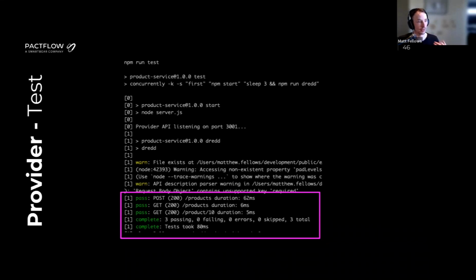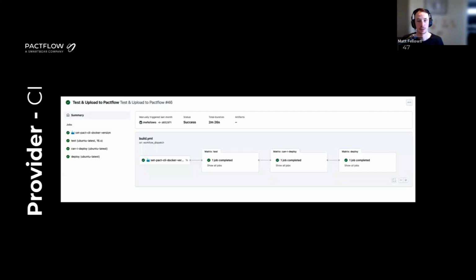Cool. So it's that time, we're feeling confident now. We've implemented our provider. We've tested it locally. Let's push it up and let it run through our CI/CD pipelines. So again, we're going to use GitHub for this. What we do is we push it up. Our pipeline is going to run that process from build, test, and then release. And here we use Pactflow's can-i-deploy feature to gate the release to make sure that when we do push this out, we're not going to break anything.